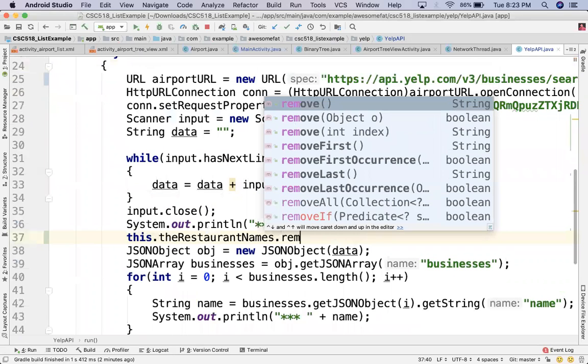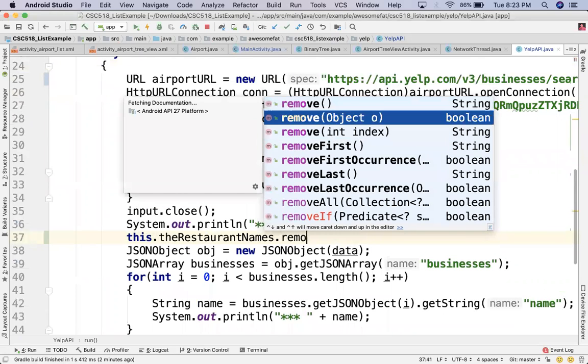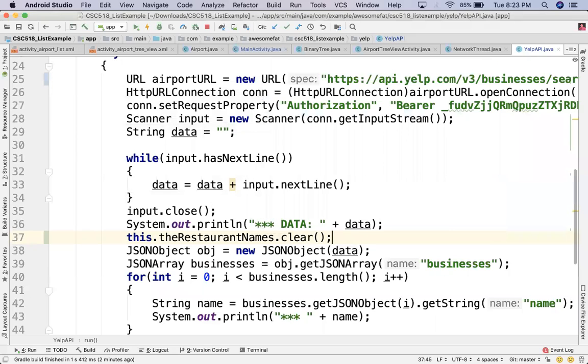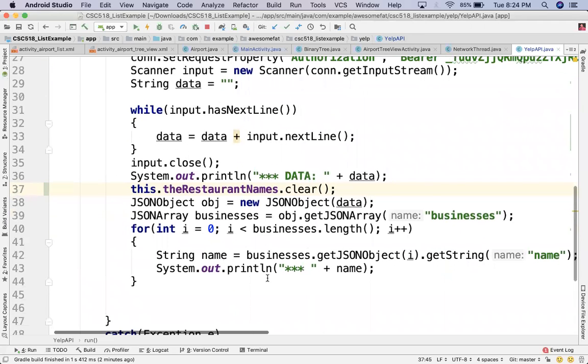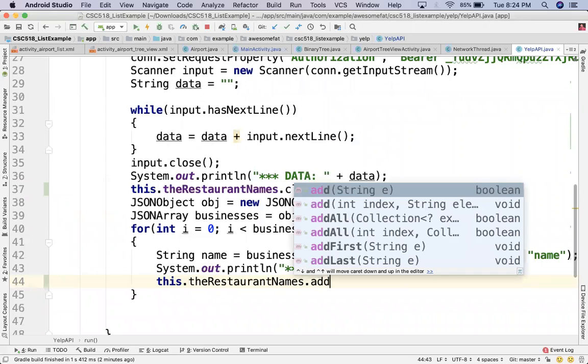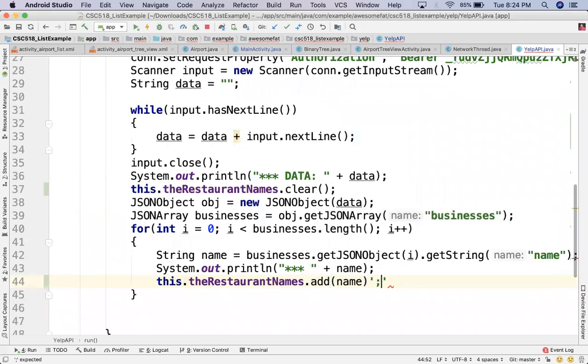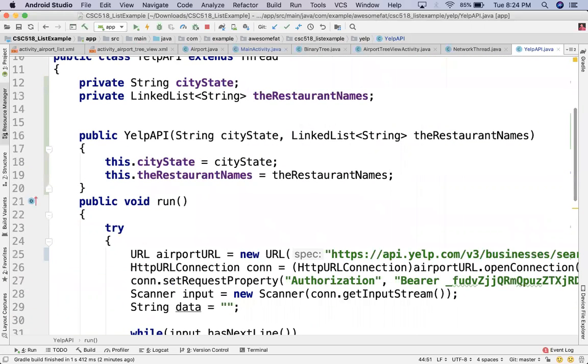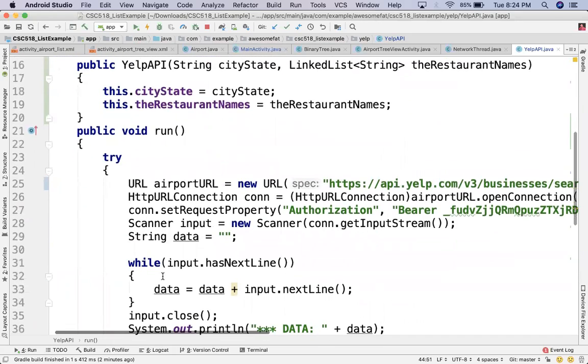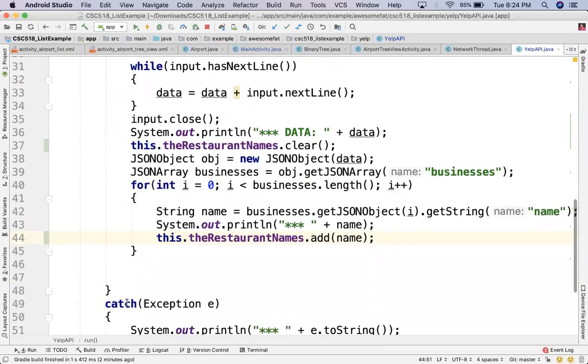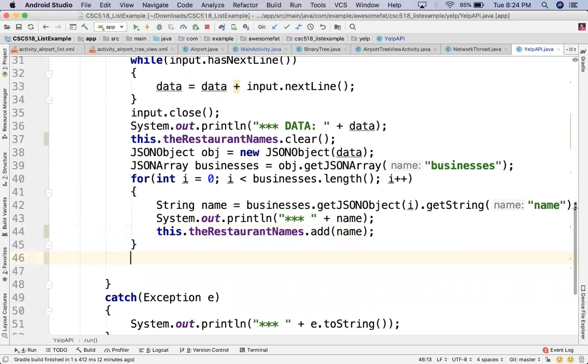dot the restaurant names dot clear. So that deletes everything from it just in case there's currently stuff in there. Right now I'm printing out some names. What I'll just go ahead and do is say this dot the restaurant names dot add whatever the name is that was printing out. So then we'll get a whole bunch of restaurant names added to this linked list. All right. Now, so when that's all said and done, when I get to this line right here,